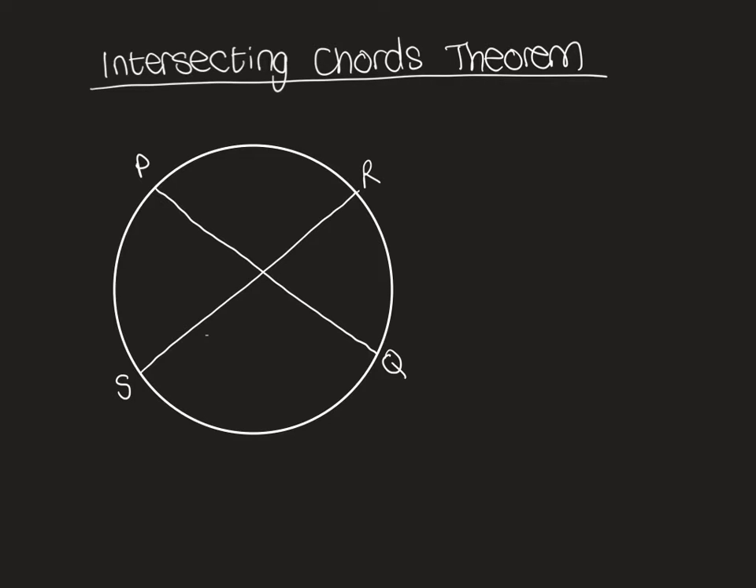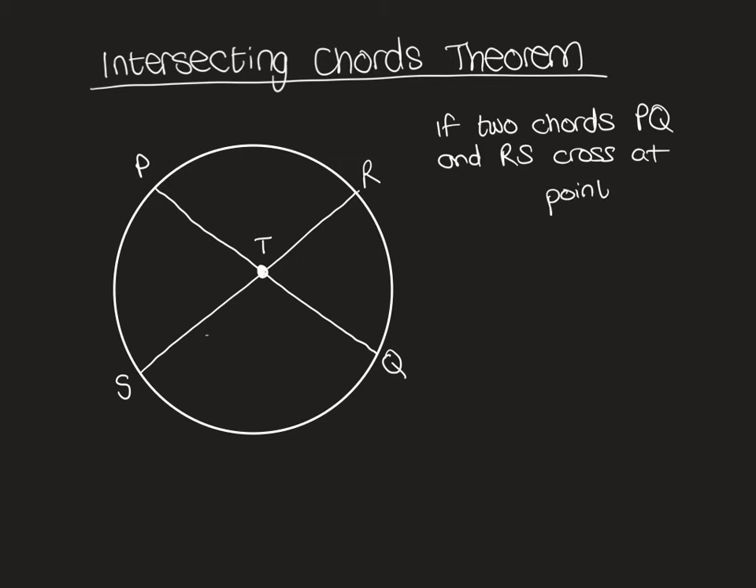Those two chords are going to meet here. Let's call that meeting point T. And what the intersecting chords theorem says is that if two chords, PQ and RS, cross at point T,